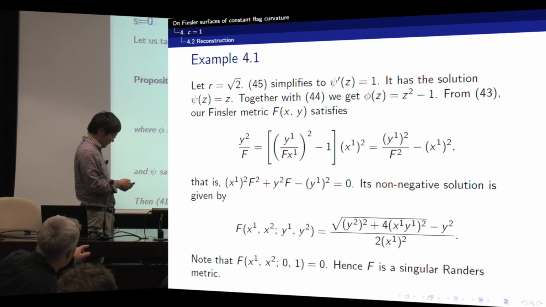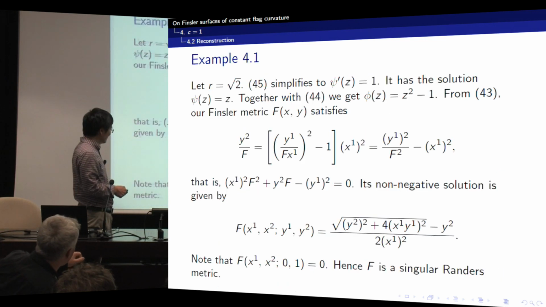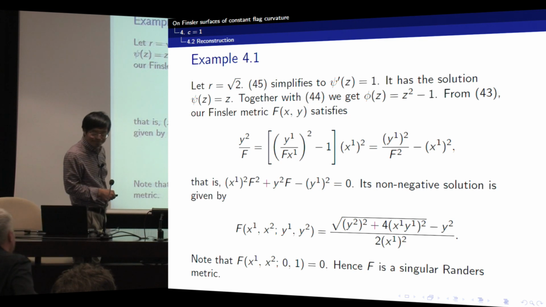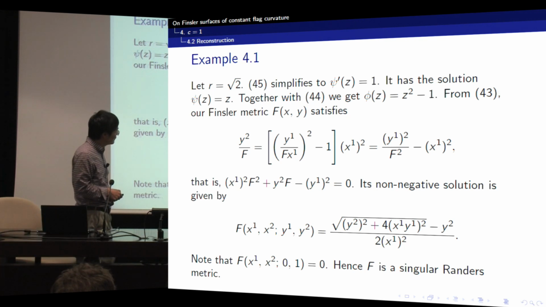I really doubt that it could be correct, because we know that in the Randers case, the curvature is constant only if you have the Zermelo transformation with respect to some Killing vector field, and you don't have a Killing vector field of constant length in the surface case, in the case where the curvature is non-zero.